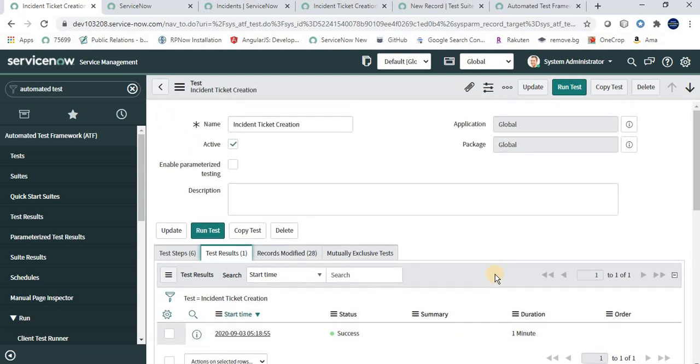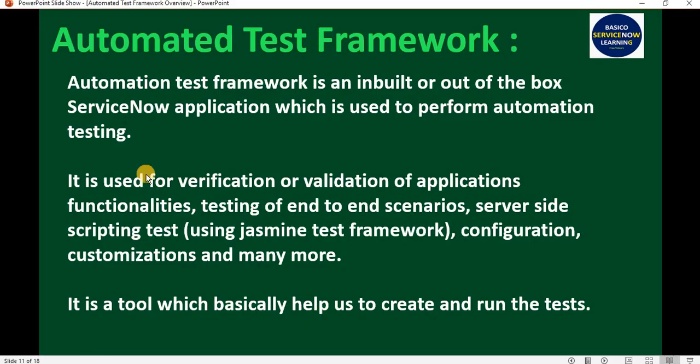Now let's see the definition of automated test framework. Automated test framework is an inbuilt, out-of-the-box ServiceNow application which is used to perform automation testing. I believe now you are able to connect it. That is why we are using it: it is an out-of-the-box application provided by ServiceNow.